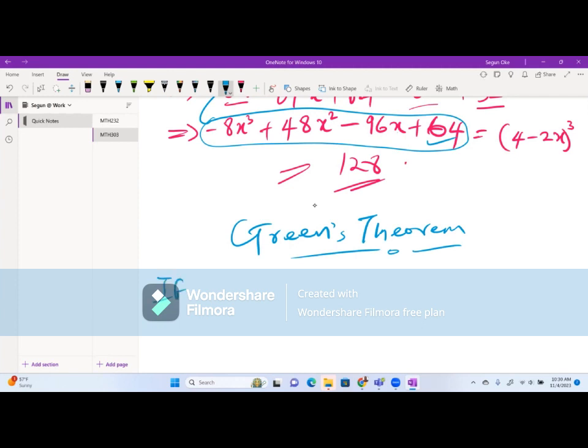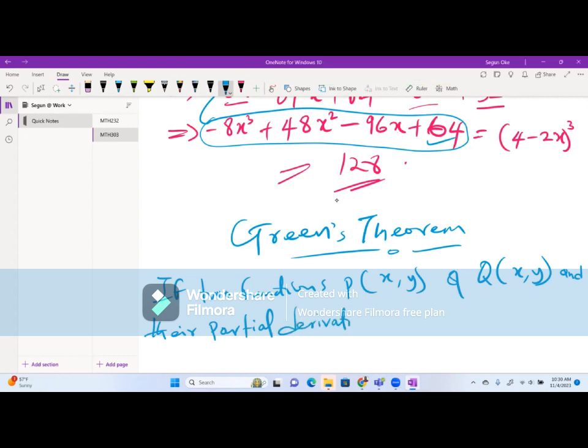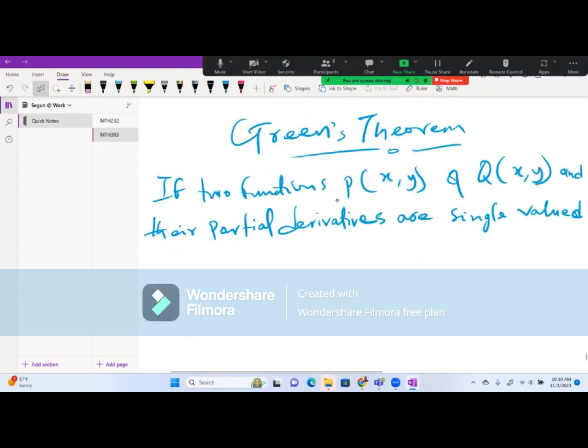It says that if two functions P of x comma y and Q of x comma y, and their partial derivatives are single valued and continuous